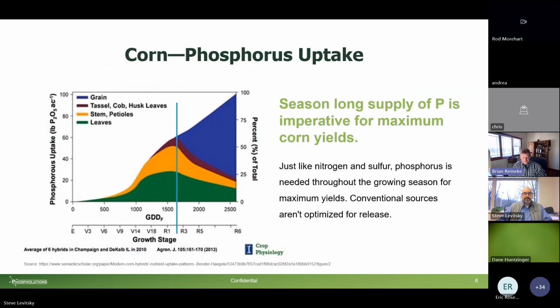Next slide. So a lot of us have seen pictures like this over the course of our careers. As we take a look at phosphorus uptake, the mindset that we all have in the field is that we put phosphorus down, we put MAP or DAP down, we put 10-34 polyphosphates down in the spring with the idea of early crop establishment for strength and root structure and so forth. While that's important, have we really ever considered the value that phosphorus brings much later in the season towards crop production? As noted here in the slide, the vast majority of phosphorus requirements go to the grain,